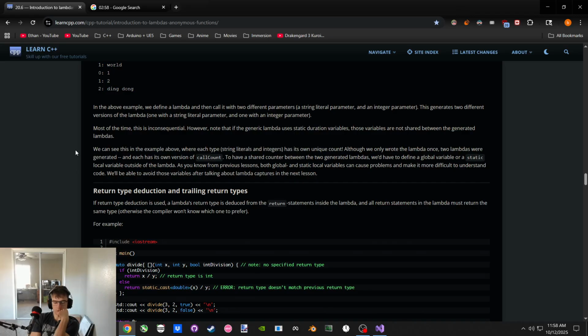Okay. Return type deduction and trailing return types. We've seen the trailing return type syntax, the dash greater than arrow operator. If it is deduced, it's deduced from the return.